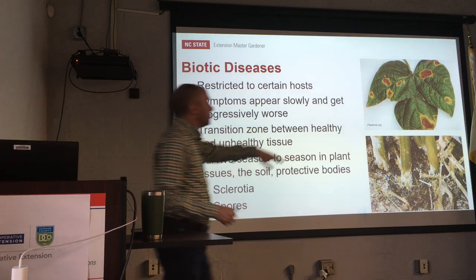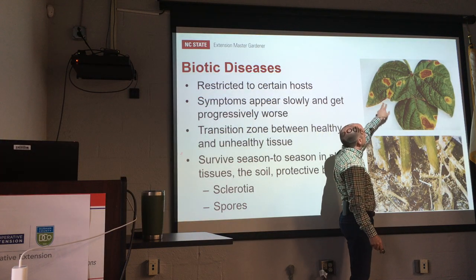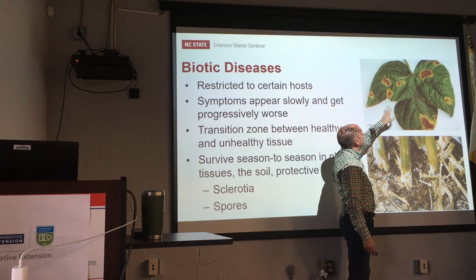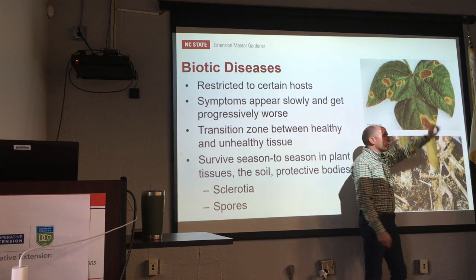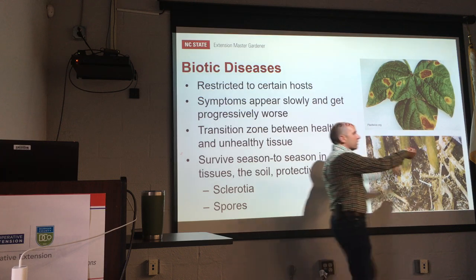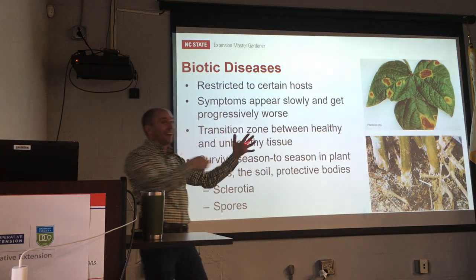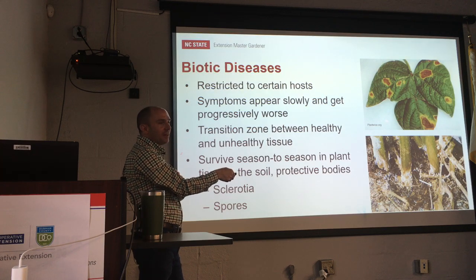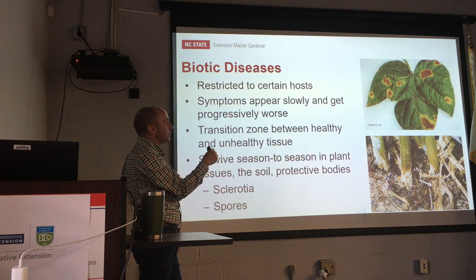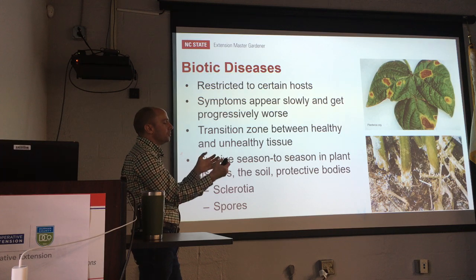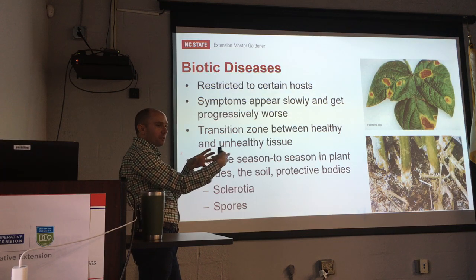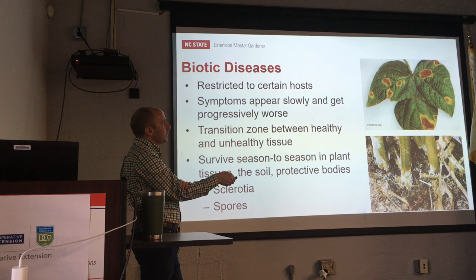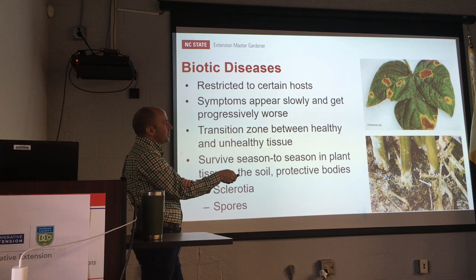You'll see a transition from healthy to infected tissue. So this is a bean plant with a fungal leaf spot. And what happened is that a fungal spore landed on the leaf. It germinated, the mycelia started to grow, infecting and destroying tissue. So it spread outward in a roughly circular pattern. And so the areas that are the most brown are where the infection started,